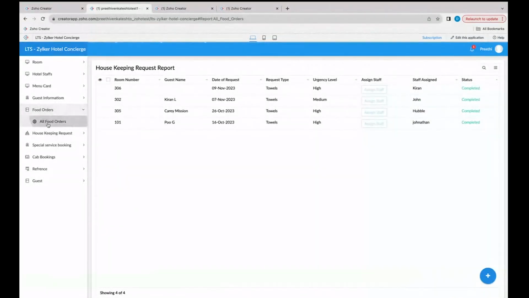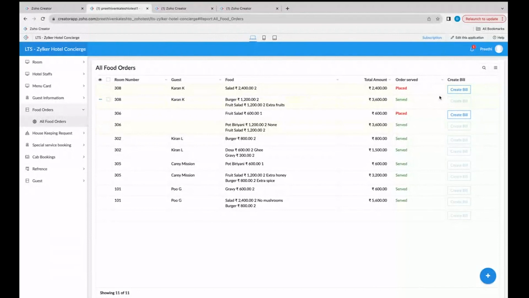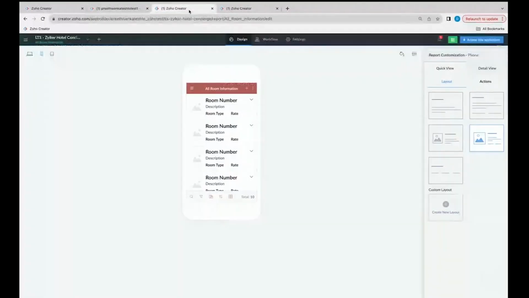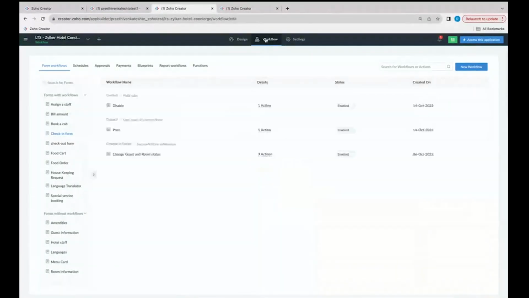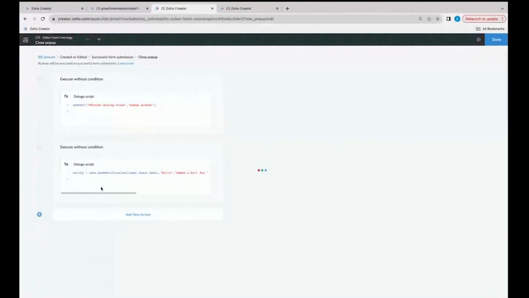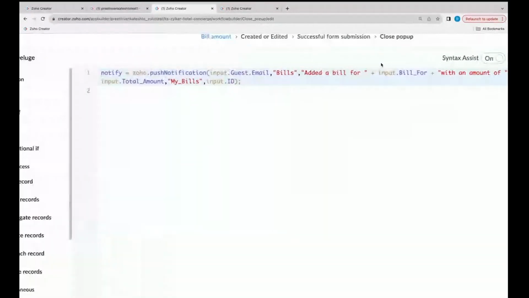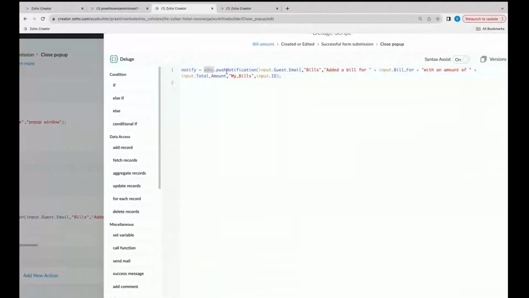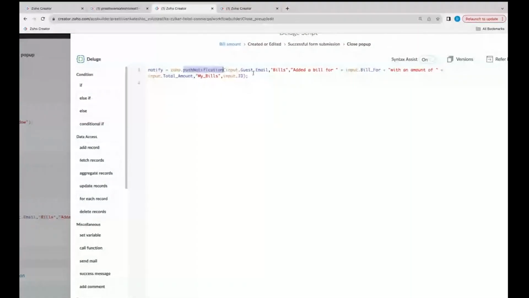So before I go to the housekeeping request, let's quickly see how this notification has been sent when I click on the create bill button. So for that I'm going to the live mode, I mean edit mode of my application. Under workflows, I can get to see a workflow for bill amount. On successful submission of this particular bill amount, I'm just going to use a function called notification pan. Push notification, and I'm going to send it to this particular guest email address along with a subject